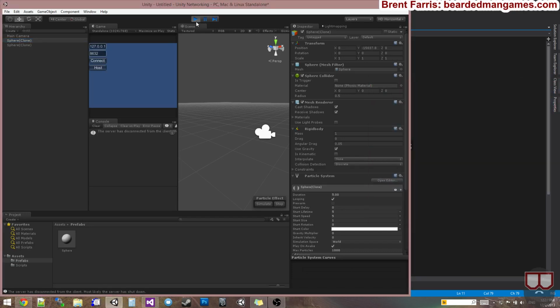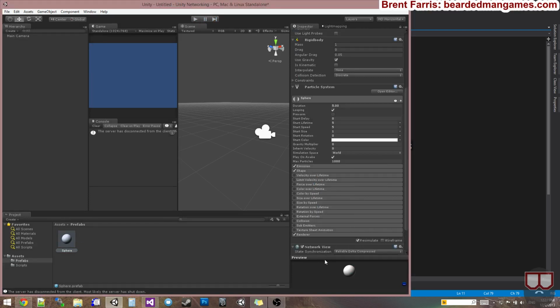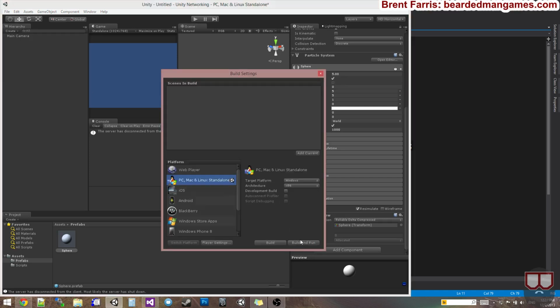So let's say these objects were important to the gameplay. Obviously, if they were, they would have a network view. So we're going to drop a network view on there. And the observed is going to be the sphere, reliable delta compressed, etc. So if I were to run this, then they would be networked across there. So if I build and run,